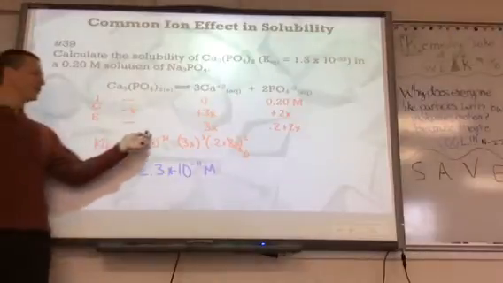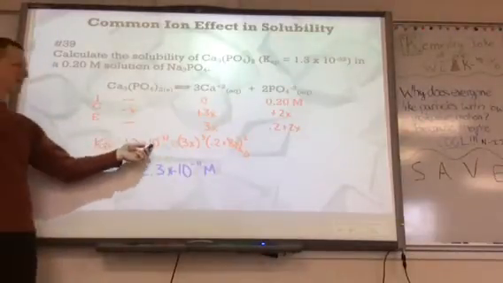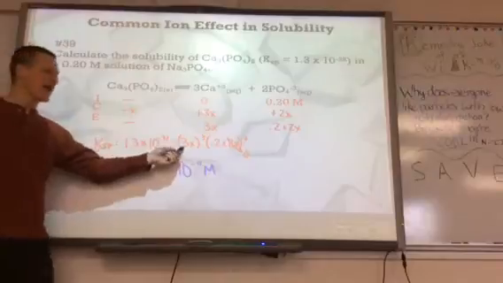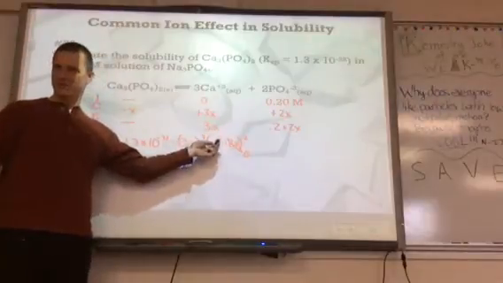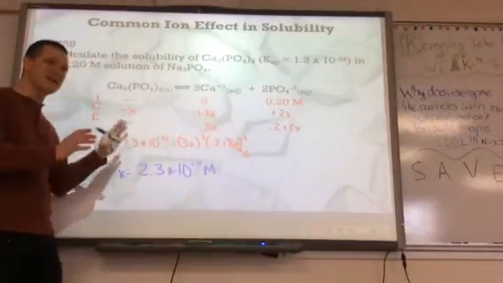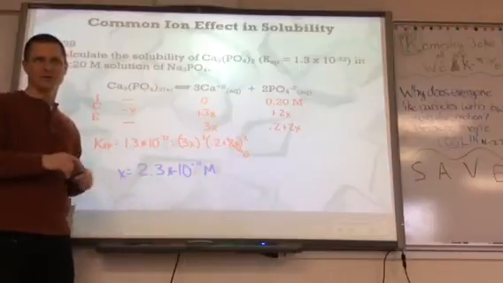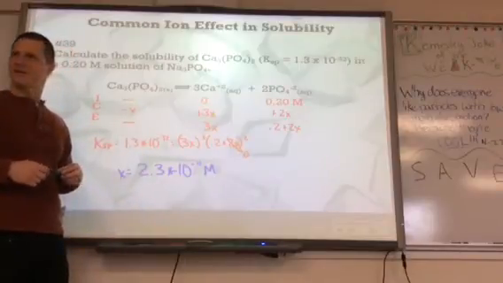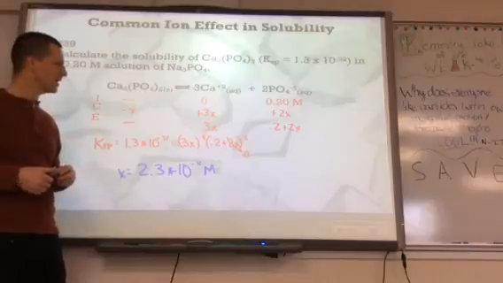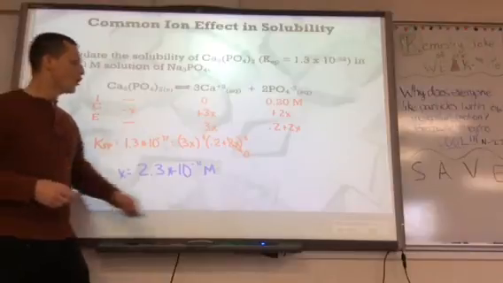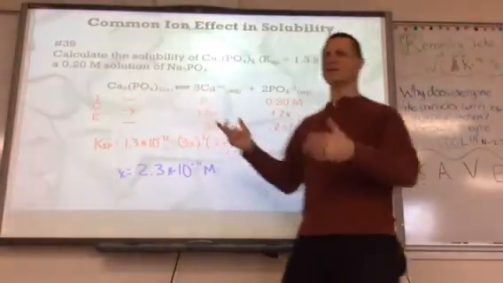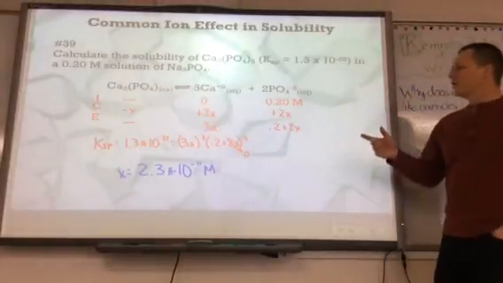You're going to take the k value, 1.3 times 10 to the negative 32nd, divided by 27, and divide it by 0.04, that's 0.2 cubed. Then take that answer and take the cube root of it. Yes? You just always leave that out if there's something added to it. Okay, now, can we always just neglect the added amount? You know, when we were